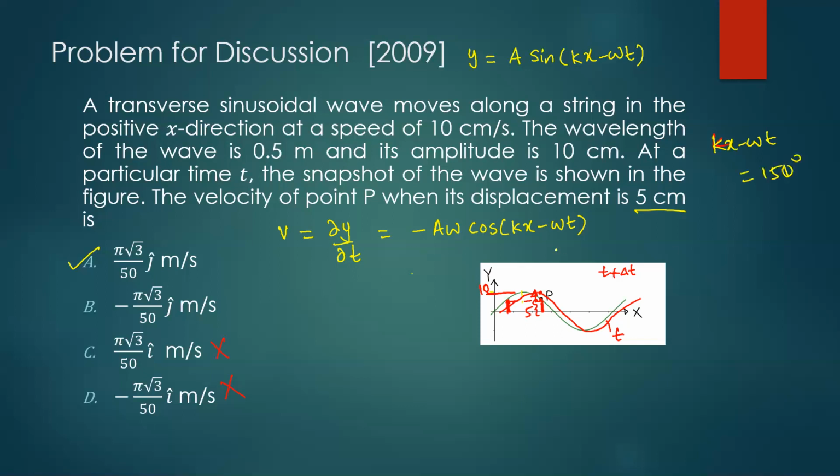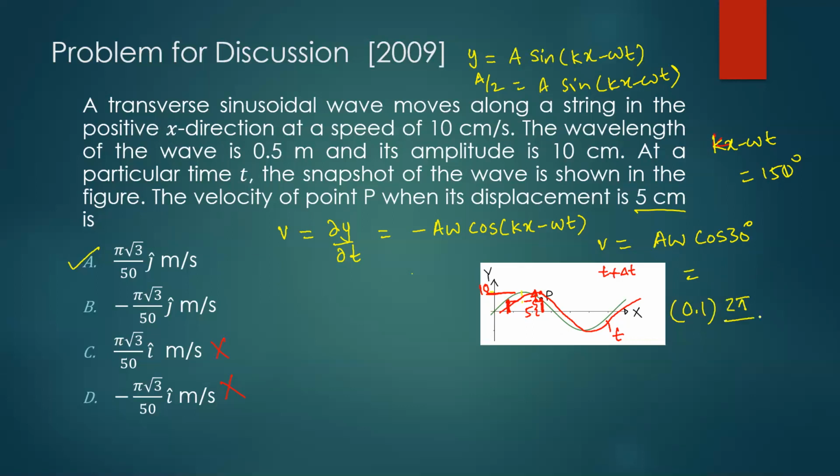Now when I substitute here, the velocity of the particle, because I took this as a by 2, so a sine of kx minus omega t. I have two choices, 30 and 150, but looking at the diagram, that should be 150 degrees. Then if I substitute here, I'll get a omega and cos of 150, because there is a minus sign outside. You're okay? Then substitute a as given, 10 centimeters, which is 0.1. Omega is 2 pi by time period.